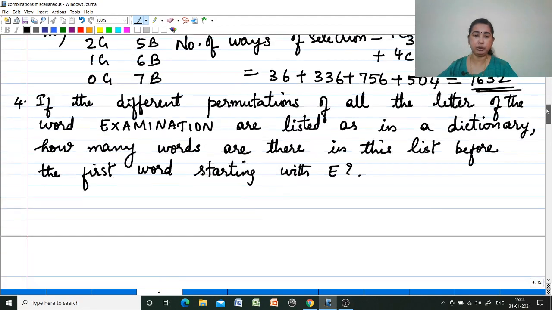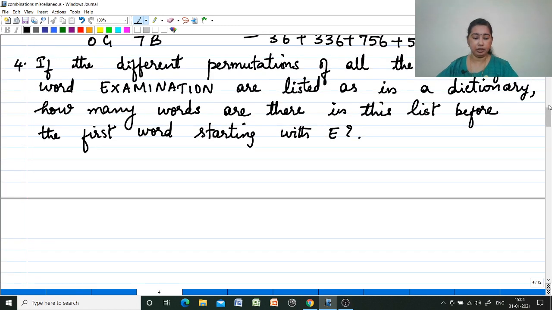Okay. Now the fourth question. If the different permutations of all the letters of the word EXAMINATION are listed as in a dictionary, how many words are there in the list before the first word starting with E? So if I am arranging these in the form of dictionary words, dictionary words start with A. In the word EXAMINATION,